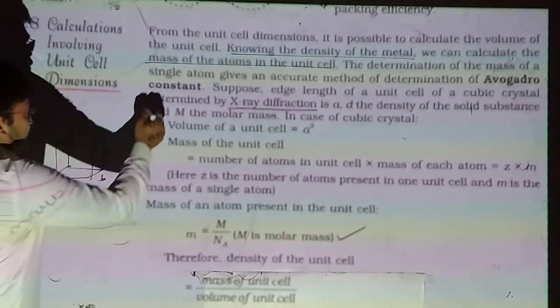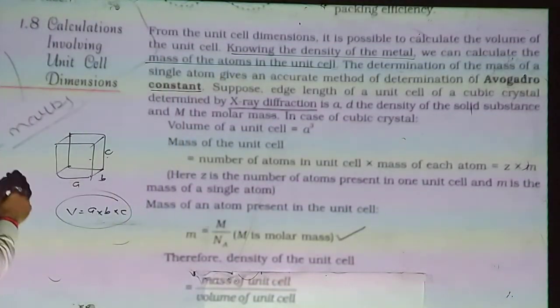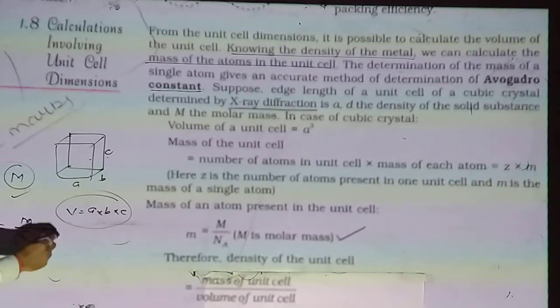And a single atom, we get the molecular atomic mass. When atomic mass is divided by Avogadro number, it gives the mass of one single atom. It gives a mole atomic mass. We can derive the mass of 1 mole of atoms. We are dividing by Avogadro number, so it gives the mass of one single atom.